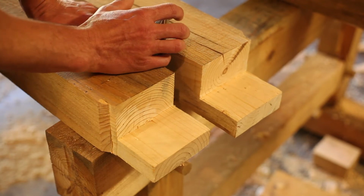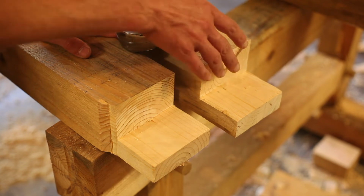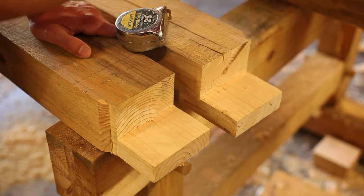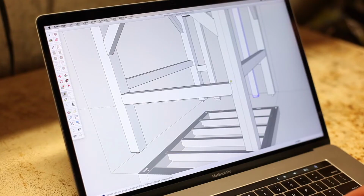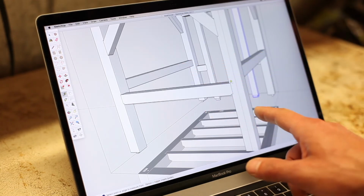So we have a bunch of these to cut now for the rest of the girts. I'm just going to go through and cut one end on each of the girts, and then we'll get our dimension, our length, and flip them over and cut the other end. With the barefaced tenons cut on all 5 of the girts, we're going to turn our attention now to the